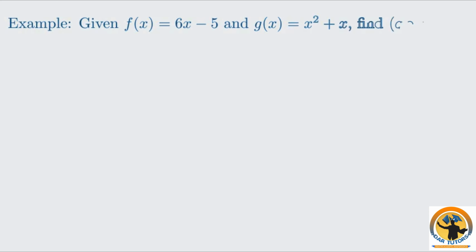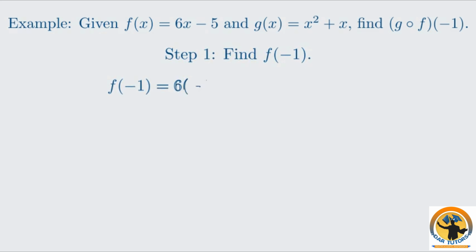Given f(x) = 6x - 5 and g(x) = x² + x, let's find g(f(-1)). The best way to do this is to work from the inside out. First, we find the value of the inner function, f(-1). Substituting -1 into f(x) gives 6 times -1 minus 5, which is